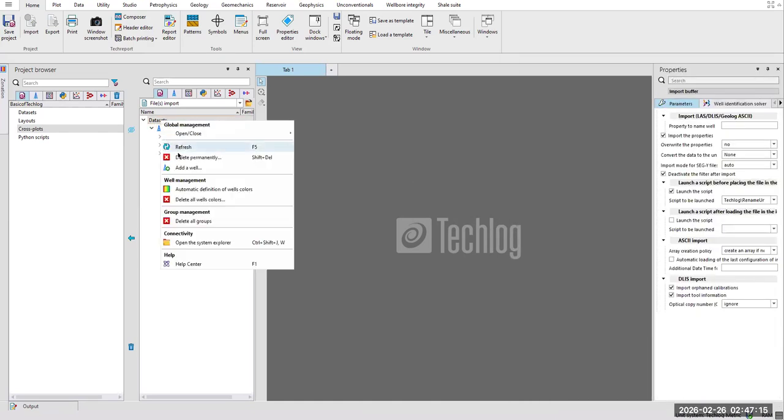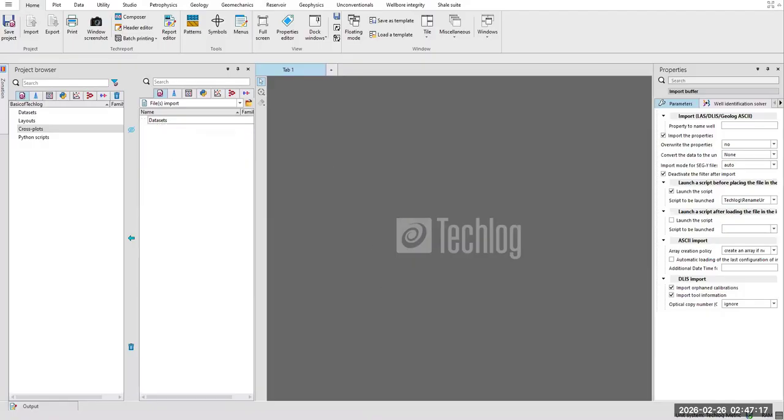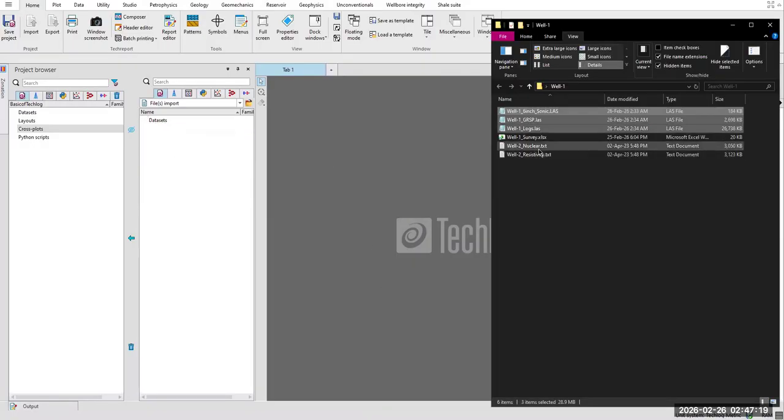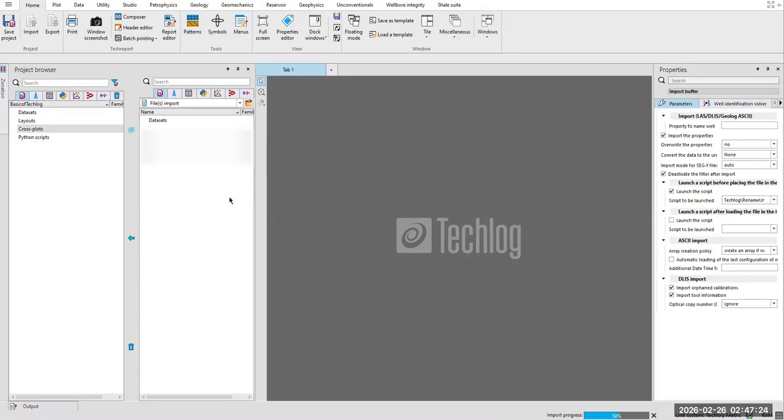So let me delete it and let me load multiple well data. This time I'll be loading two different wells' data, and you will see what happens. So now,